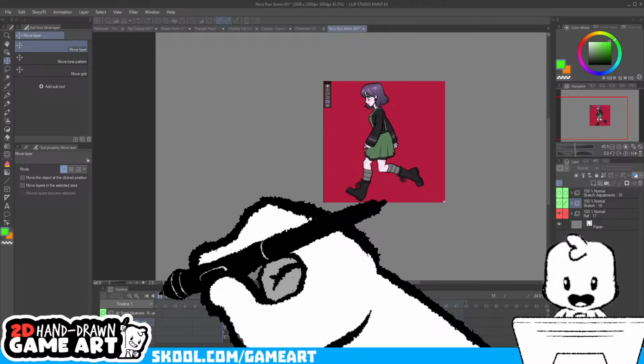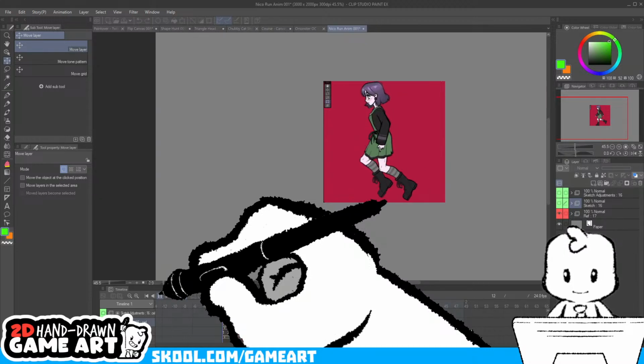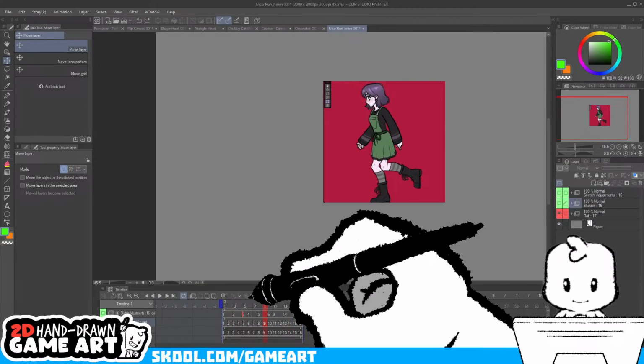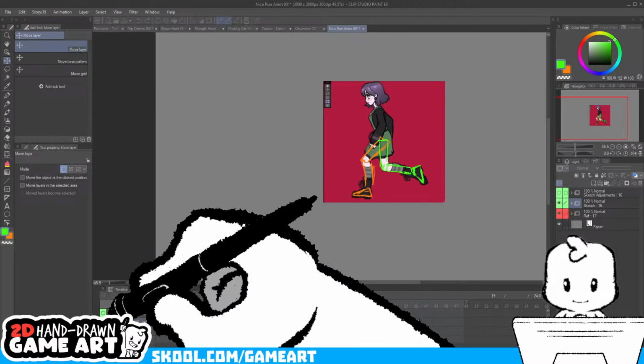Oh yeah, this is what we were trying to fix. So we weren't making a walk cycle from scratch. We were actually trying to review this walk cycle. So this was the animation that we traced on top.